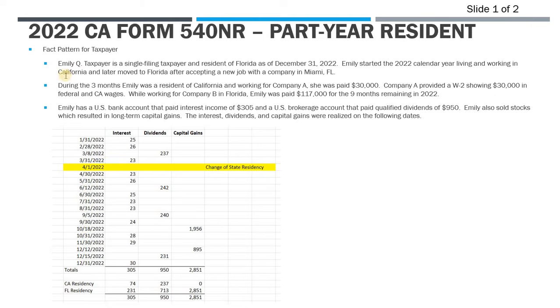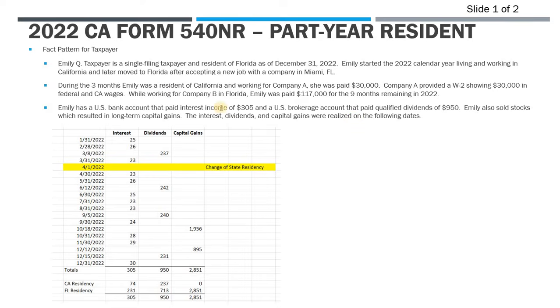So in this fact pattern we have Emily Q, taxpayer. She is a single filing taxpayer and a resident of Florida as of the end of the year, but she started the year living and working in California, and later moved to Florida after accepting a new job with a company in Miami. Emily moved on April 1st,